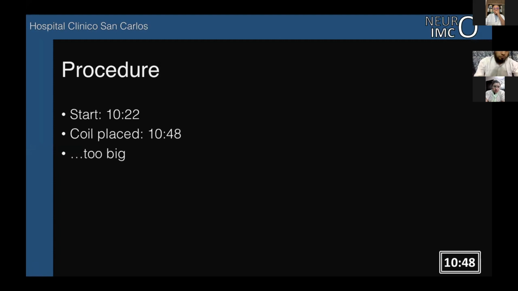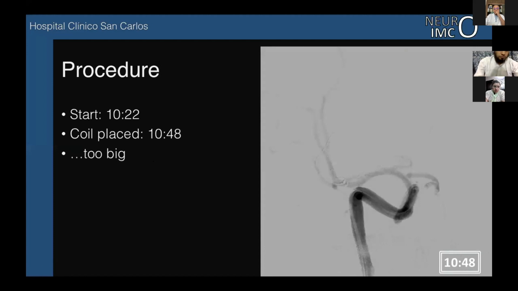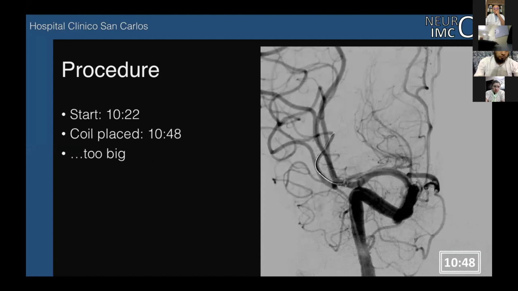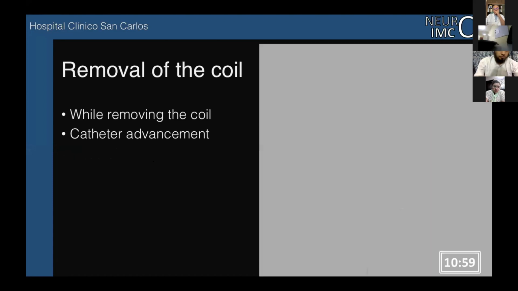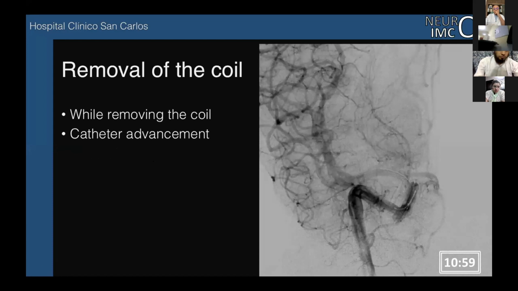The procedure starts at 10:20 in the morning. The coil is placed at 10:48, and the coil is too big. When I remove the coil, the patient bled. This is bleeding. And very quickly, my colleague helped me. Please come, because